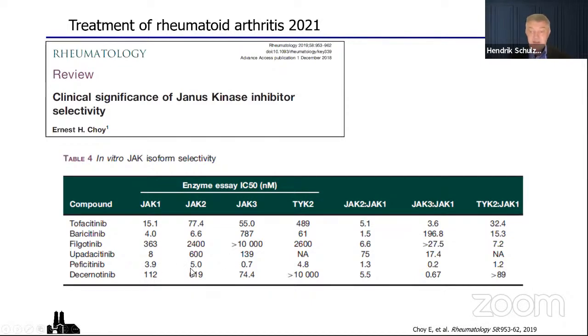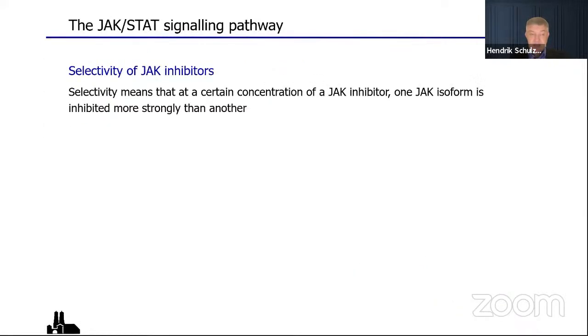So this is by in vitro assays, and Ernest has this wonderful paper that he published. So what does that mean now for clinical practice? Well, selectivity means, at one point, first, that a certain concentration of a JAK inhibitor,